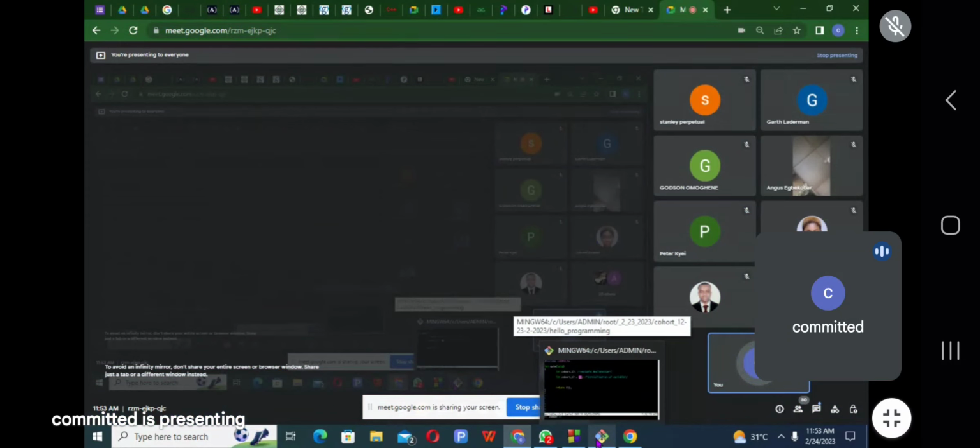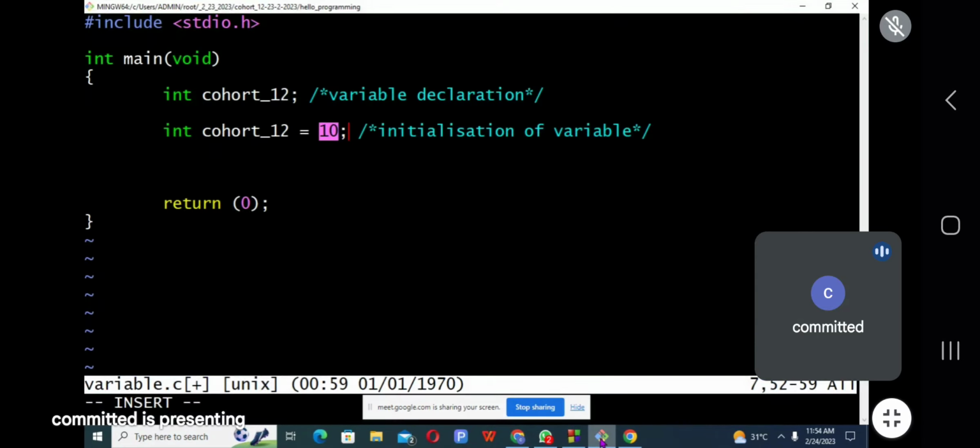The 10 that I passed to the variable is called data. And what type of data is 10? It is an integer. That is why we declare an integer here, because this 10 that I want to pass inside this variable is a whole number.